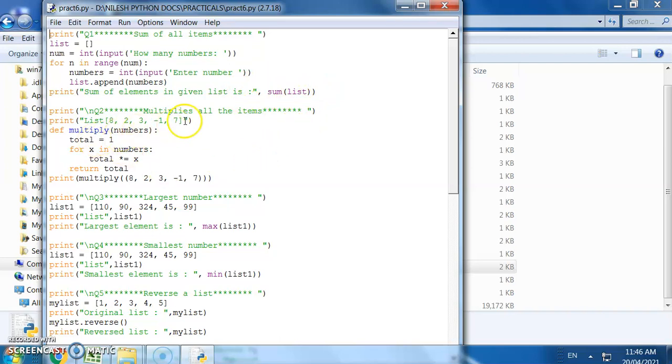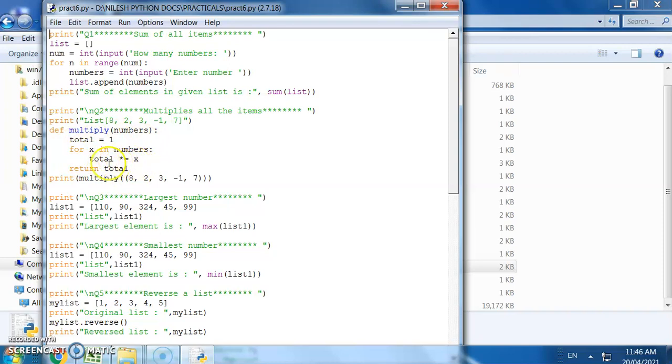Second one is we are going to multiply all the items in the list. So we have specified a list here. The list elements are 8, 2, 3, -1 and 7. So we are going to multiply those elements. For that we specify a function over here, and we apply a loop over all the elements.